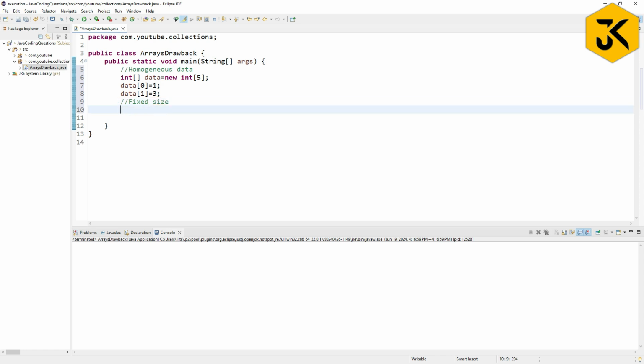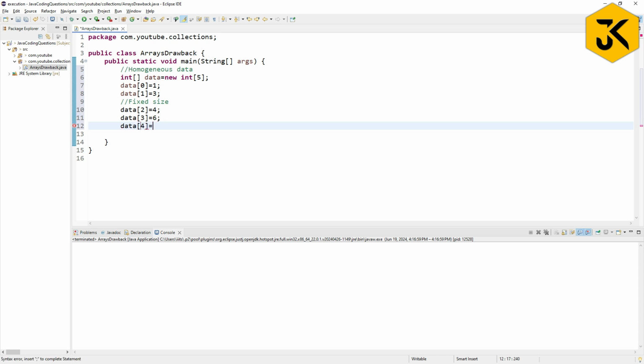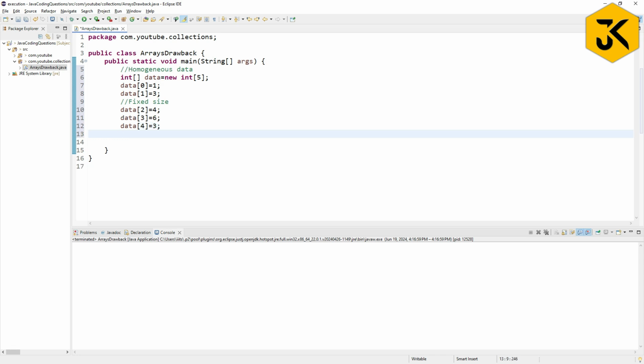Another drawback is array size is fixed, right? As you declared here, the size of the array as 5. Can I save 5 elements here? Yes. Data of 2 equal to 4. Data of 3 equal to 6. Data of 4 equal to, let me take the value as 3. Can I save these 5 elements? Yes.